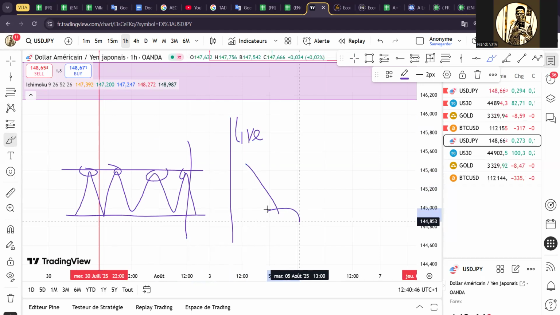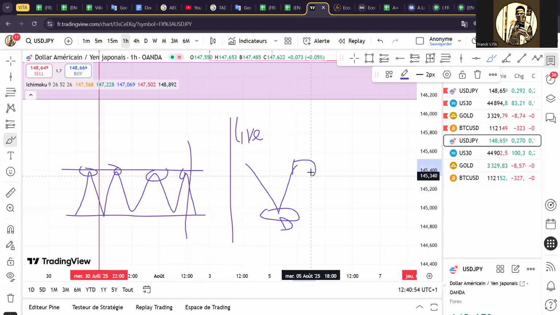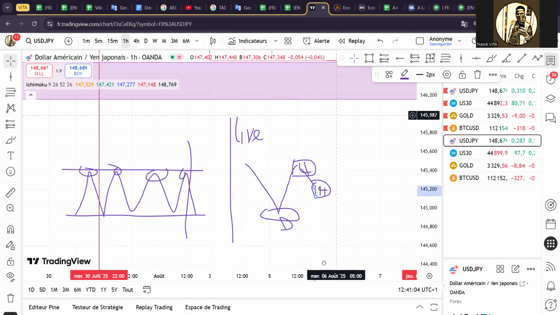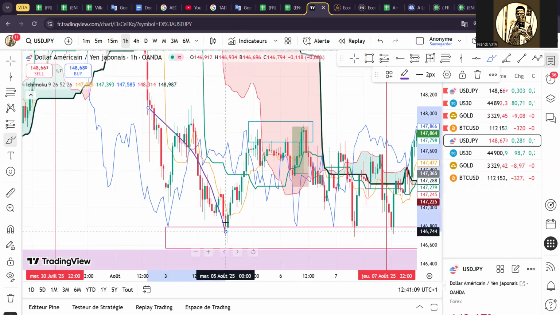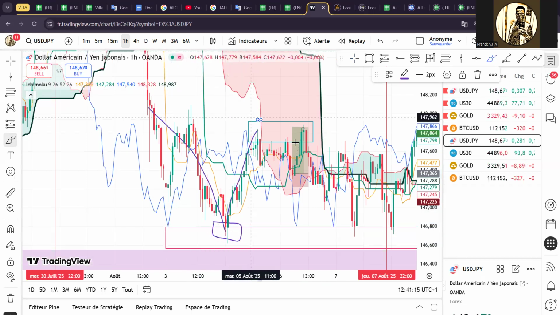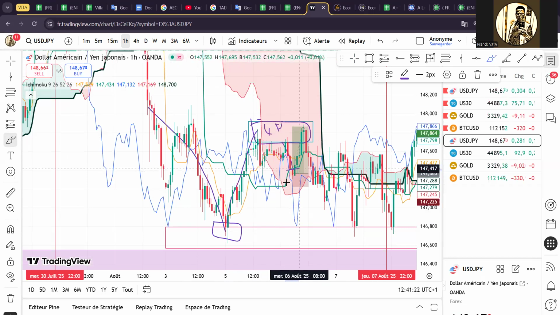This one was the daily setup, right? The daily Kijun setup. Then the price moved to the upside to the 4 hour SSB setup. Then the price is going down now to the 1 hour Kijun. That's what is happening now. That is it, like this. Daily Kijun setup just right there. Then the price moved to the 4 hour SSB setup. Then the price goes down to the 1 hour